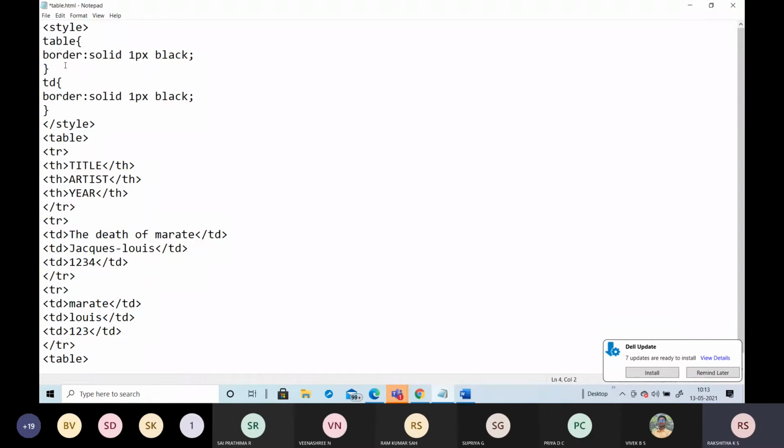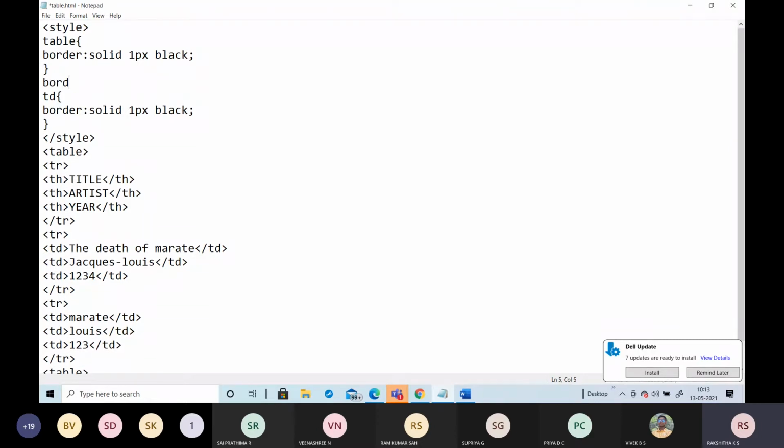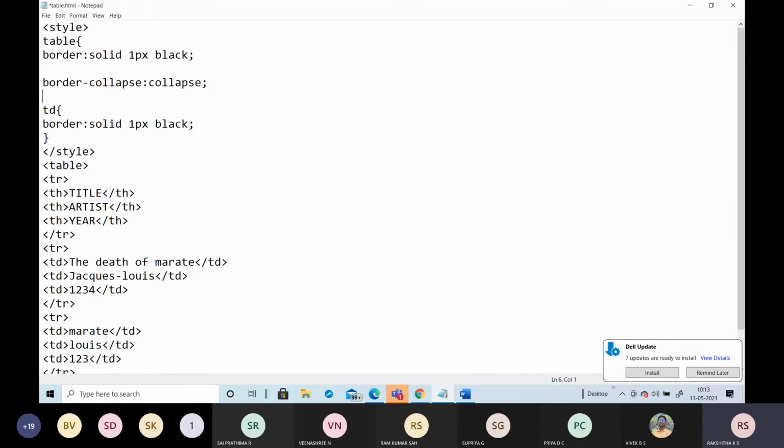For the particular table itself, I am adding one more property, that is the collapse property. So now you will see the difference.